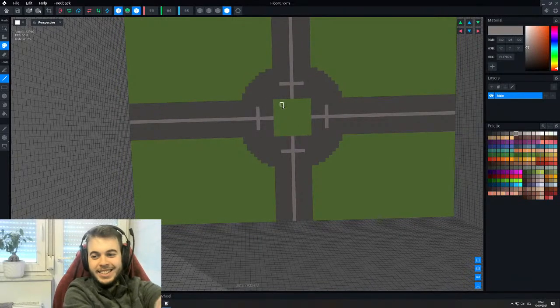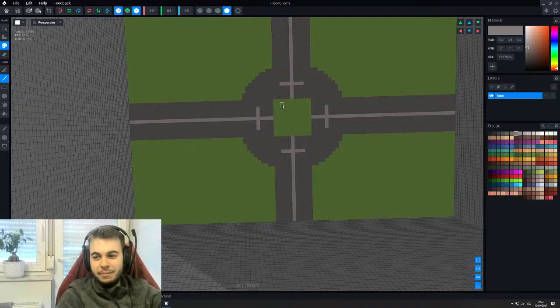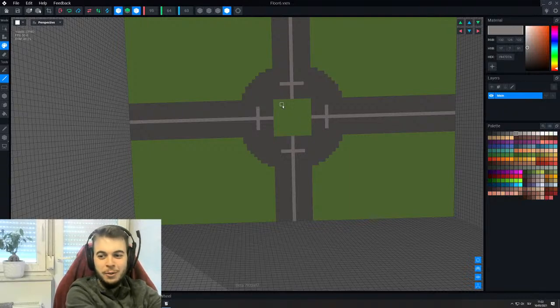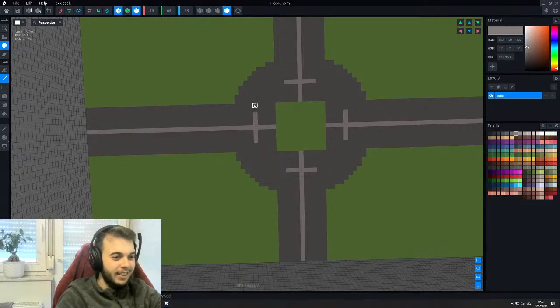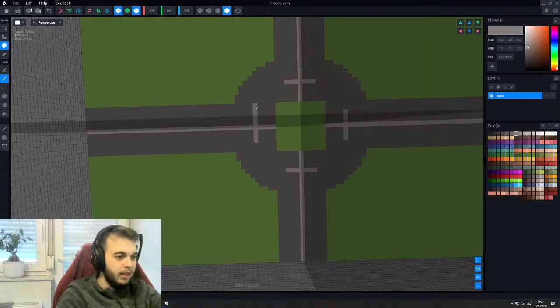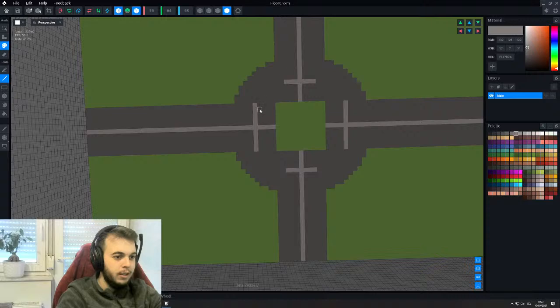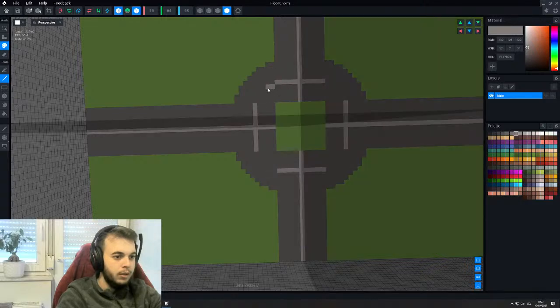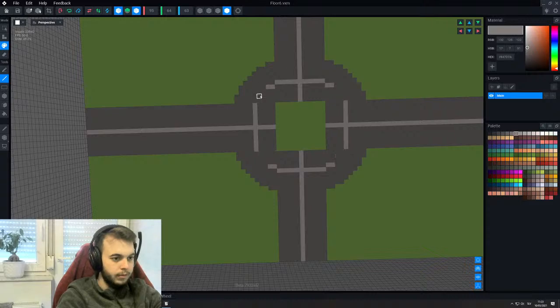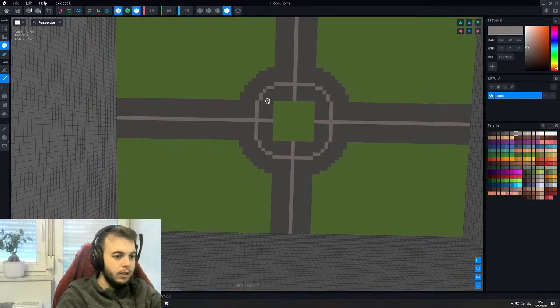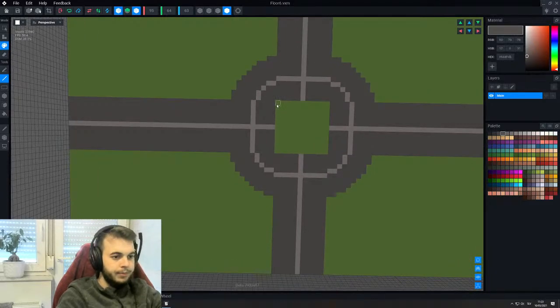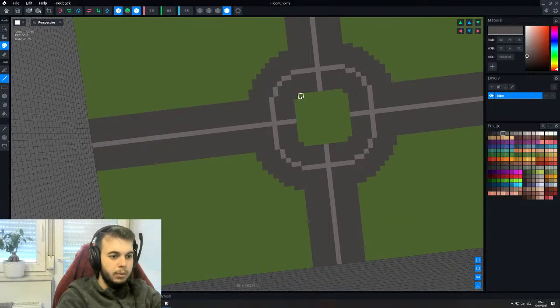Yeah, basically that's the idea, like City Skylines from voxels. We'll see what we manage to do, but I'm currently optimistic we can do something quite cool and unique. So let's just try to make this a nice round shape here in between, like so. And then let's extend this a little bit